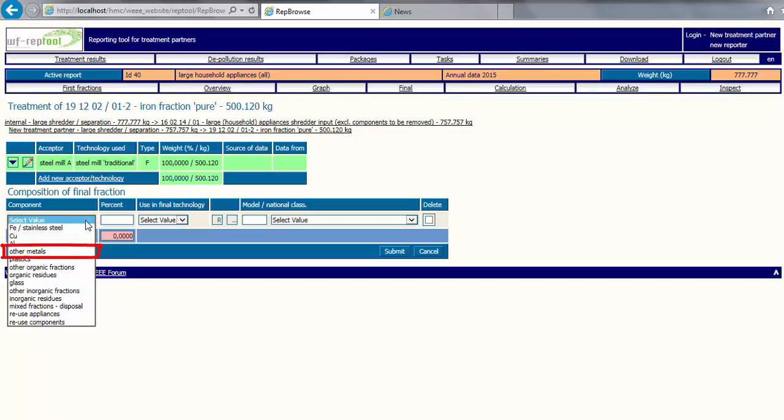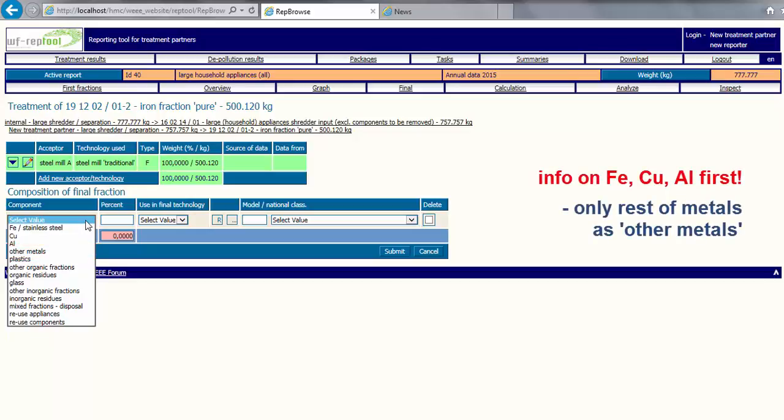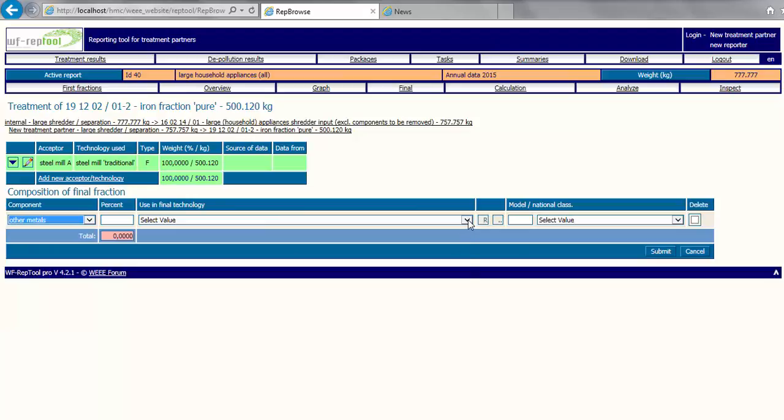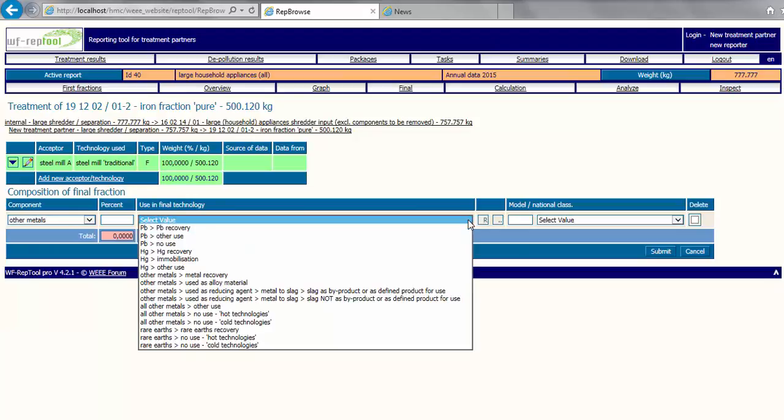Other metals, including tin, zinc, nickel, but also precious metals and rare earth metals, are summarized under other metals. Take care to provide data on iron, aluminium, copper first, and only provide data on other metals as other metals. You will get the option to distinguish other metals under Use in Final Technology, where you may distinguish critical metals